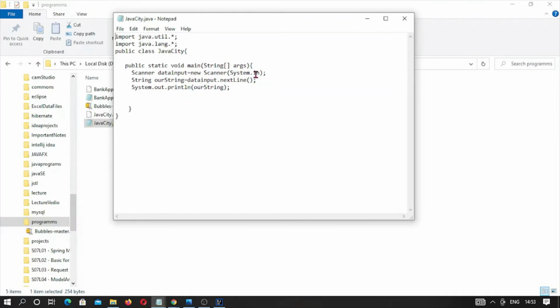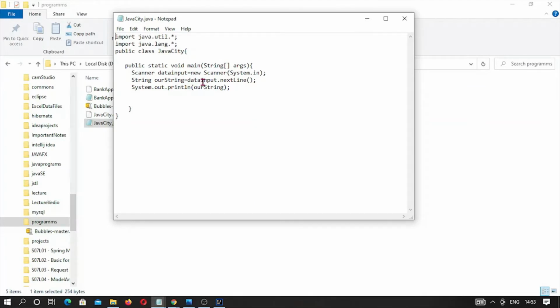Now, whatever input we are taking needs to be collected somewhere, and since we are giving input in the form of a string, we have again instantiated a String object. String object is our string, and what will it take?